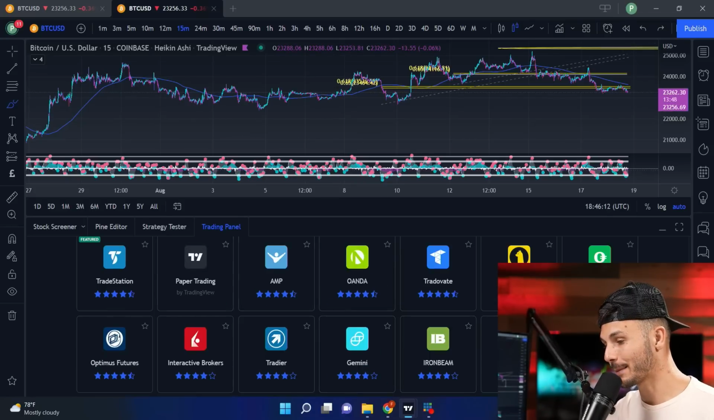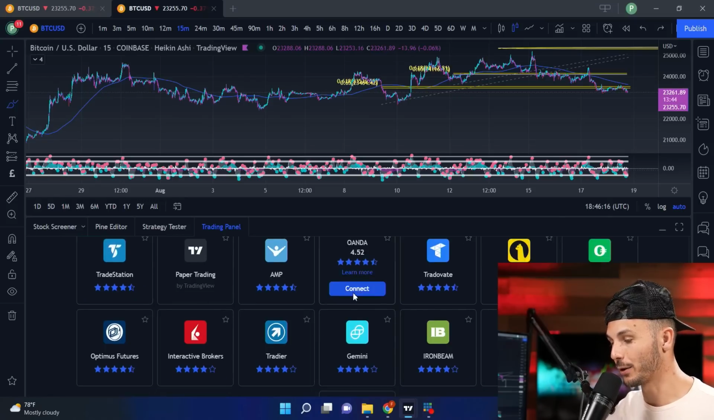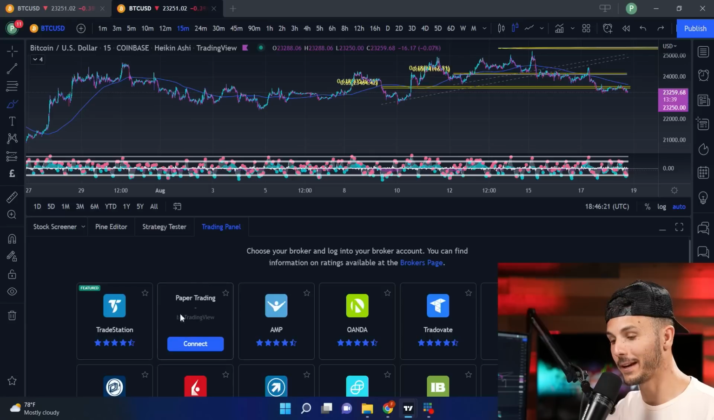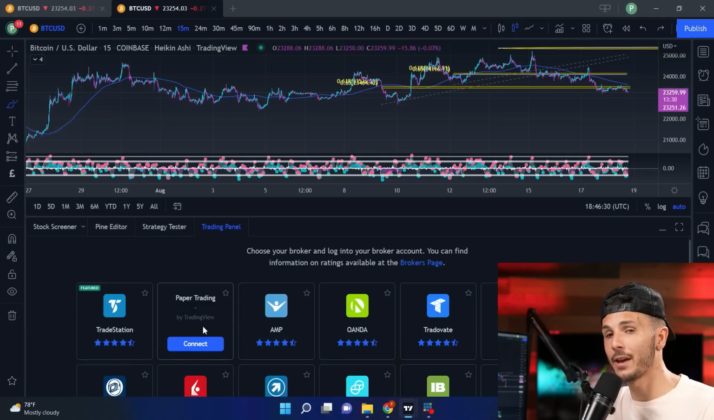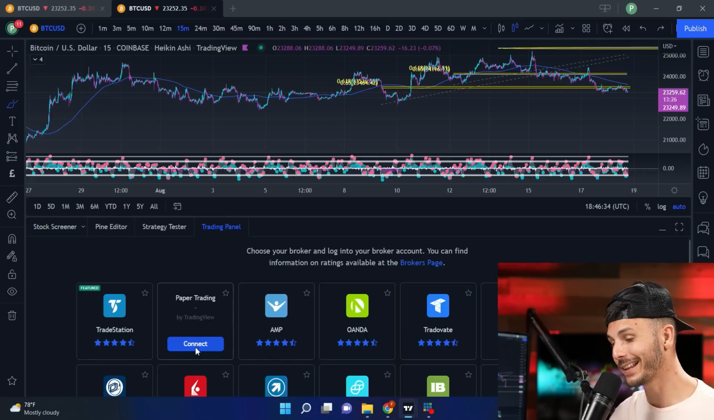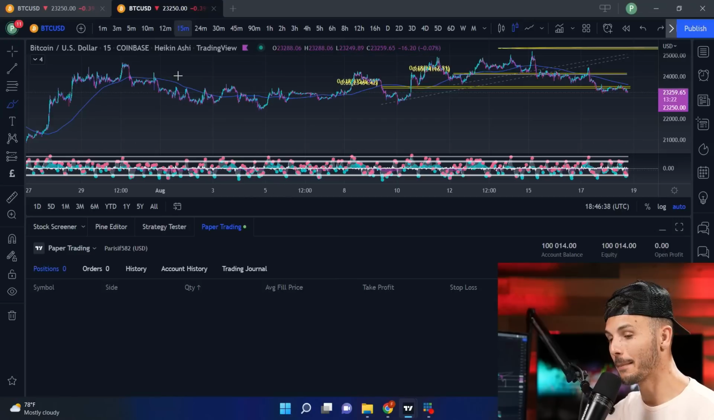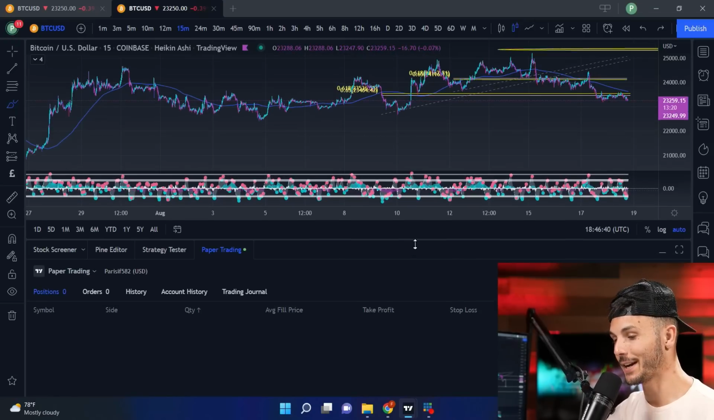And obviously, they support a bunch of different exchanges here. You have Forex.com, Gemini, those are some of the bigger ones. If you come up here, you'll see the TradingView paper trading. This is another really cool aspect of this feature, and this is perfect for beginners who just want to practice trading with taking zero risk. Essentially, what you can do is click on this, you click connect, and boom, you're ready to paper trade with